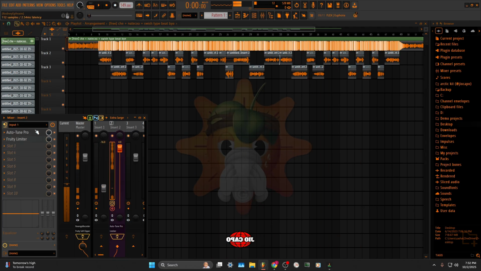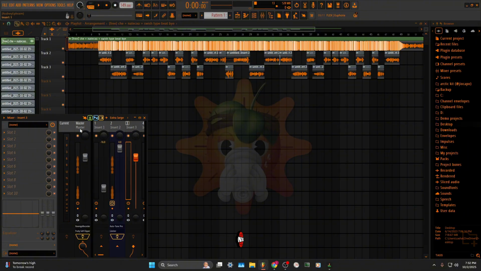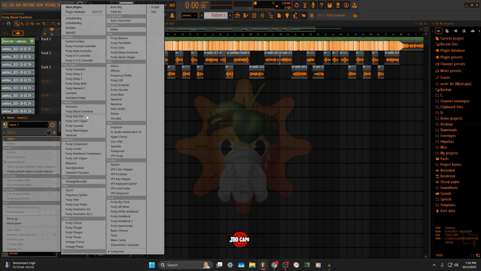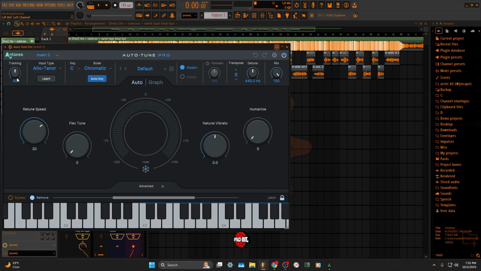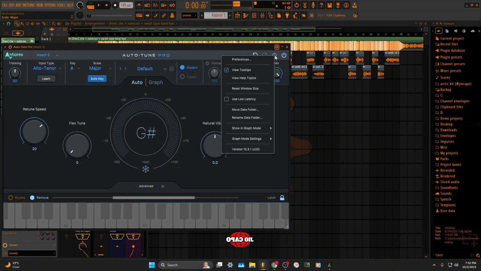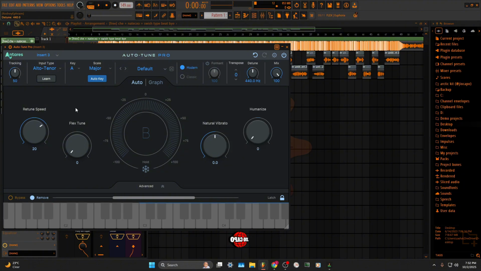All right, so now what we're going to do is the ad-libs. I'm going to disarm this. I'm going to add my input to a new insert, and I'm just going to do the same thing I did right here with a recording preset. I'm going to add my auto-tune. Go here, put it on low latency,